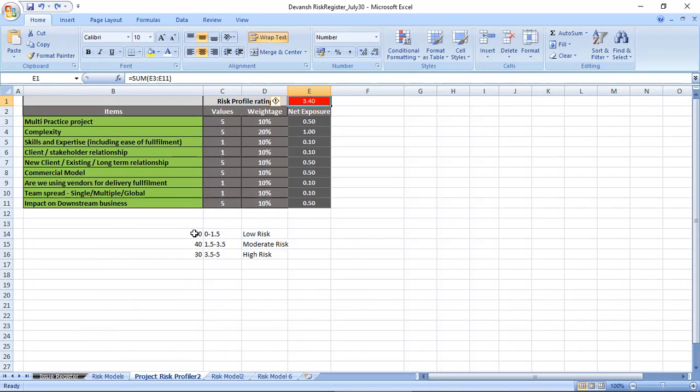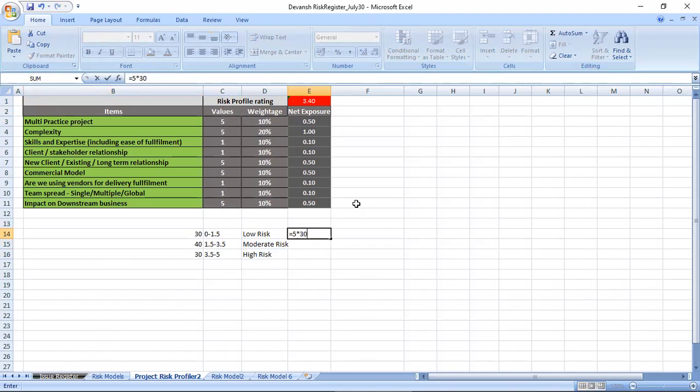I use a distribution of 30, 40, and 30. If it is in the lower 30, it's low risk. The middle 40, whatever is in between, is the moderate risk. Upper 30 is high risk. 30 plus 30 is 60, 100 minus 60 is 40. Now, as it is a scale of 1 to 5,